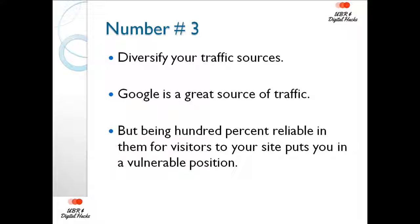And finally, number 3. Diversify your traffic sources. Google is a great source of traffic, but being 100% reliant on them for visitors to your website puts you